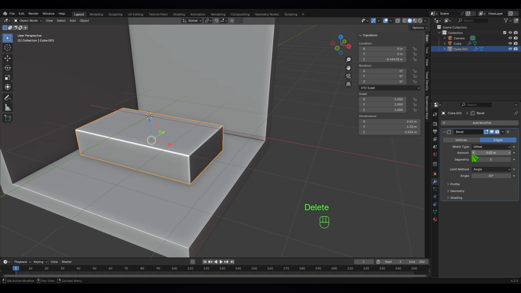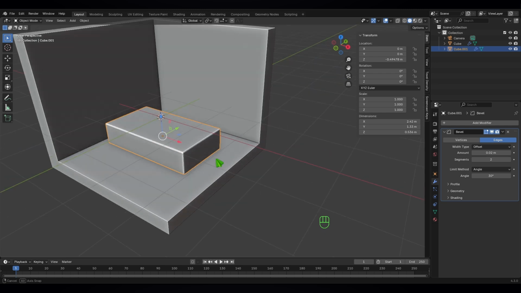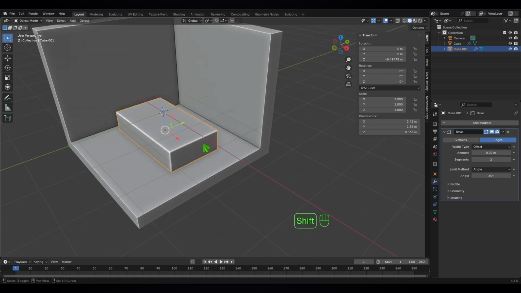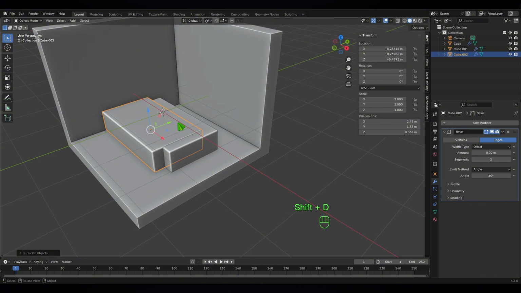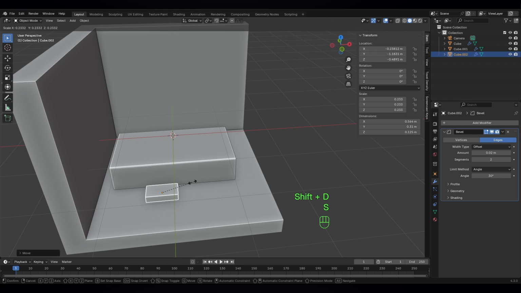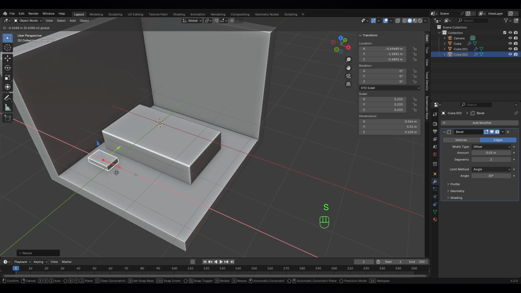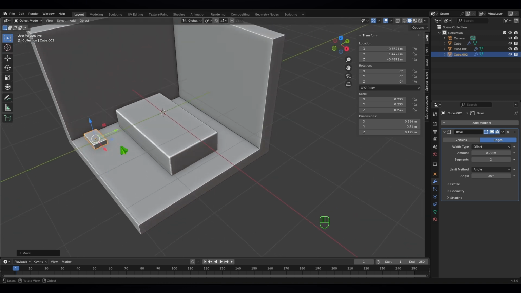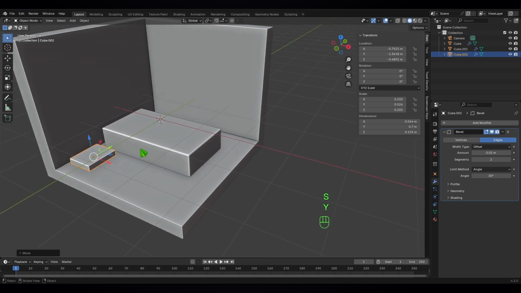I want to make the amount 0.02, segments also 2 is okay. Okay, now let's duplicate this by pressing Shift D and move it somewhere here, and S to scale it down like this, and move it somewhere here and here, and let's S to scale on the Y axis. It's going to be our side bedroom table,